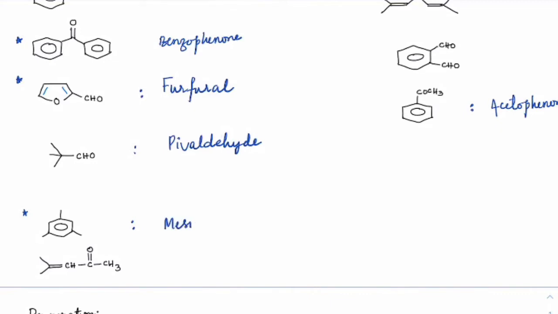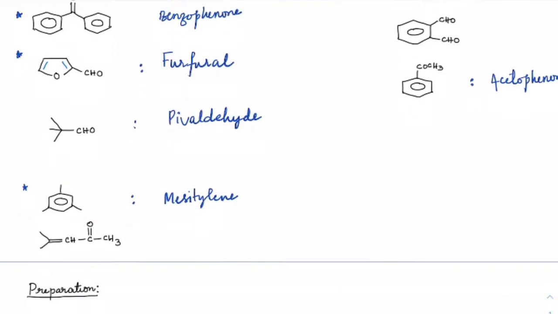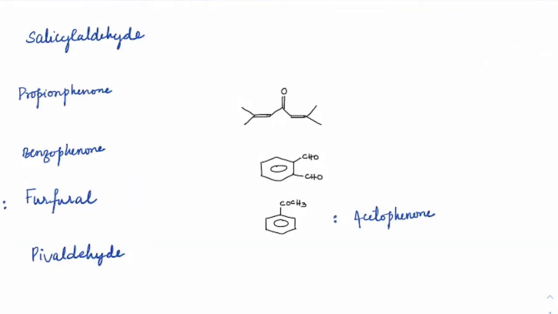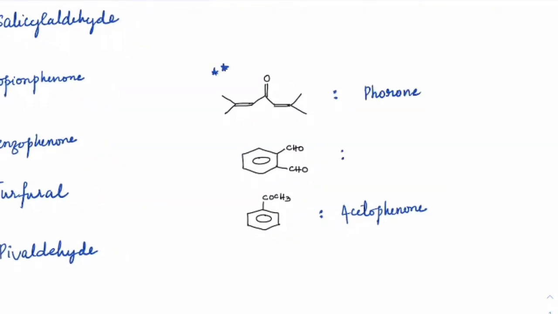Next, this one is very useful for us. It is called mesitylene. It would come during the reactions of aldehydes and ketones, so just remember how mesitylene looks. Now same way, just like mesitylene, if you open all of these bonds and make it a double bond, it would be called mesityl oxide. If, just like mesityl oxide, it is present on both sides here, this is called 4-one, and this is derived from phthalic acid. So this is written as phthalaldehyde.